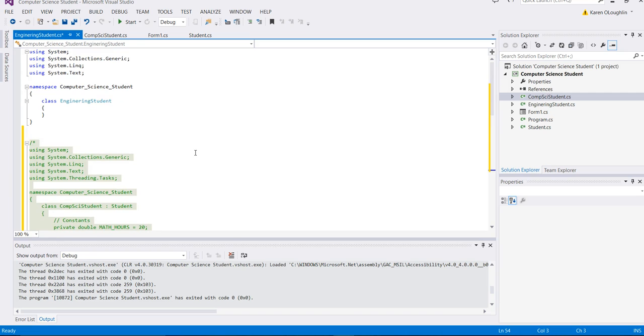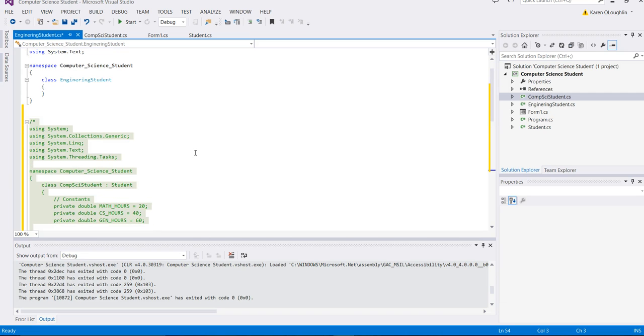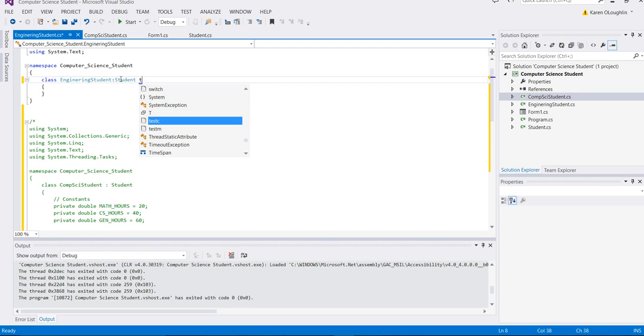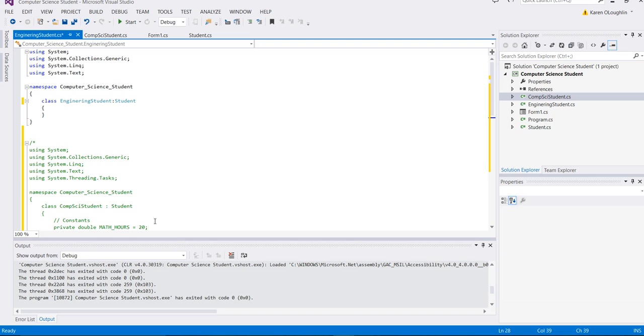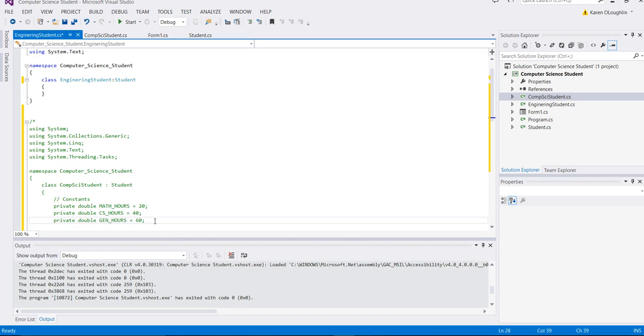And so the first thing that I'm going to kind of model is that for a computer science student, I want it to inherit from student. So it's going to work with a parent class. I also will have similar constants for a computer science student versus an engineering student. So the constants that the computer science student is going to have,